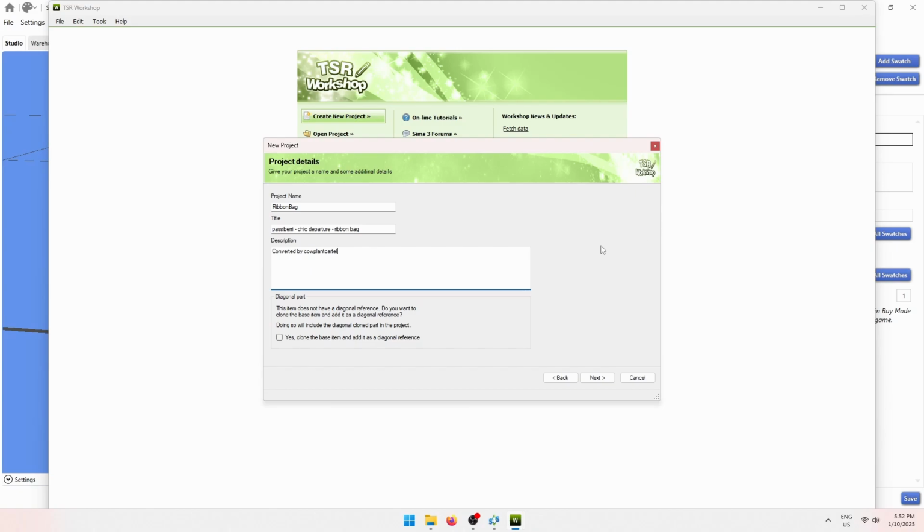And this just makes it easier, so when people are looking through their catalog in The Sims 3 and they go, oh, I like this item, I want to go find more from the same creator, or I don't like this item, I want to delete it, it helps you find the actual package file in your mods folder. So just helping people out. So then click on next